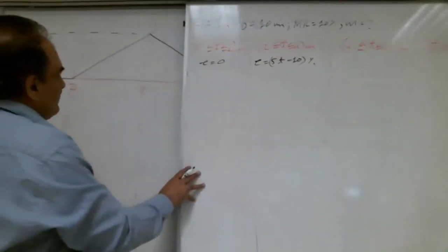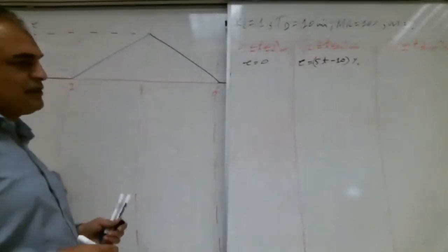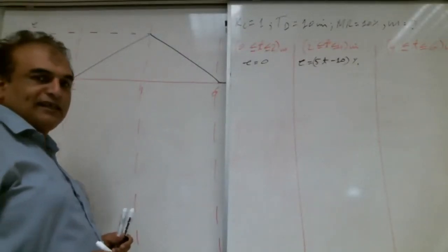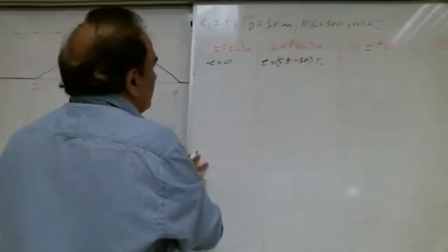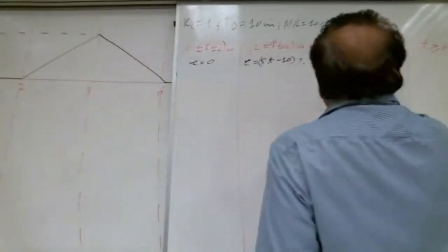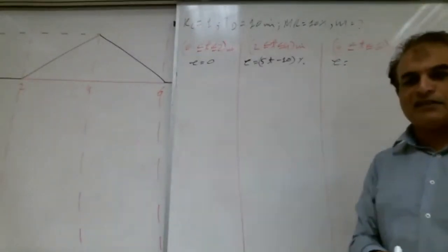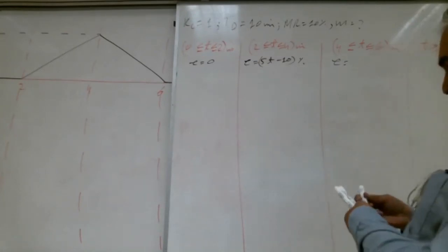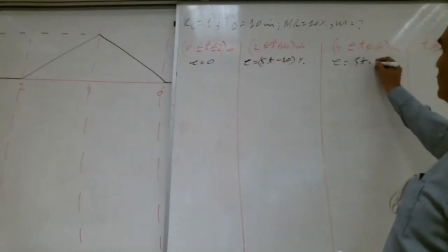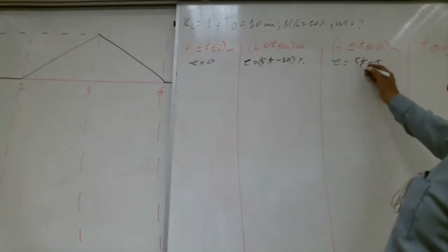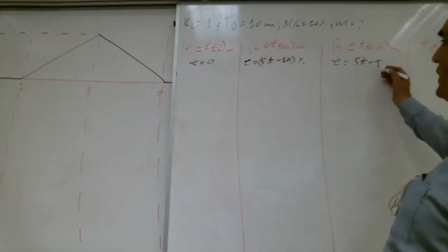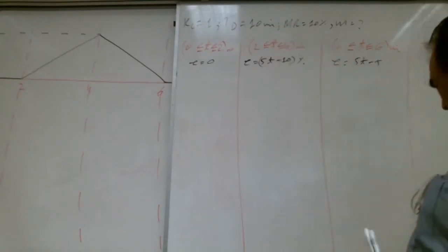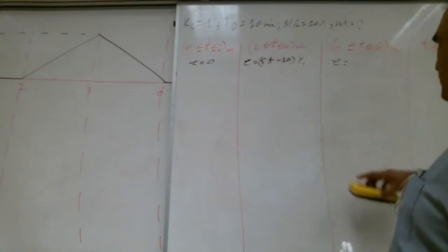Yes, Shabab. From 4 to 6, what is the equation? What is the error from 4 to 6? Find the error here. One brother is saying 5t minus 5. So if we put here 4, it will be 5 into 4, how much, Shabab? 20. 20 minus 5, 15. We have 10 there. So this equation is not correct, brother, sorry.